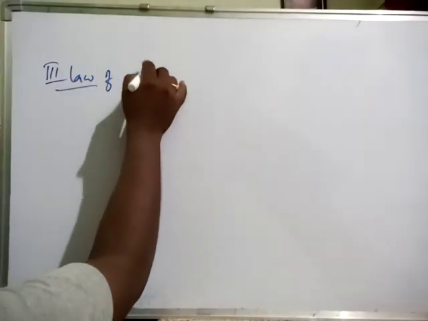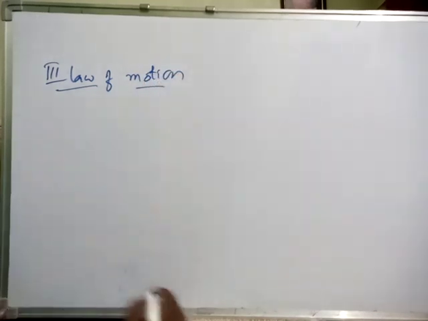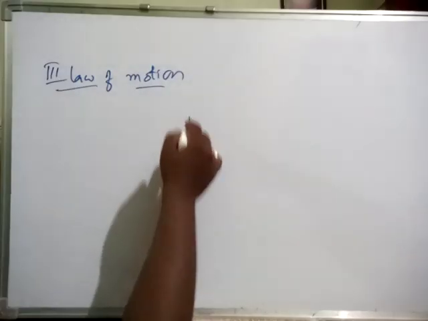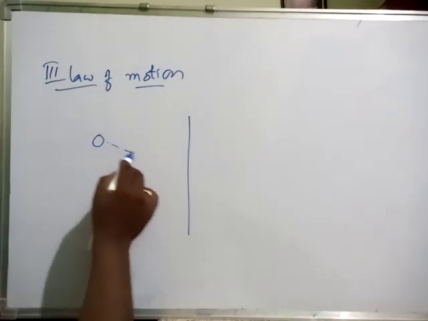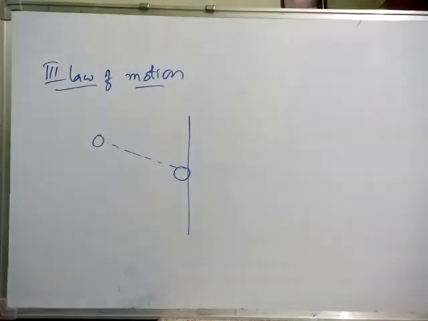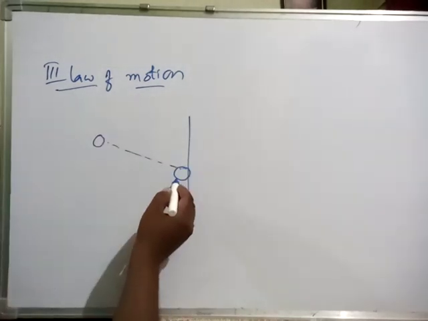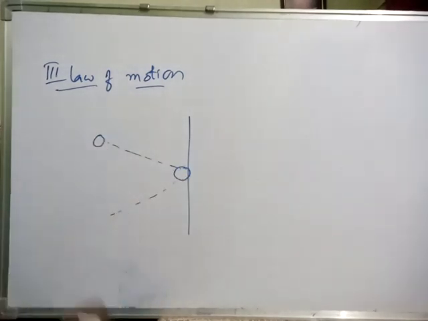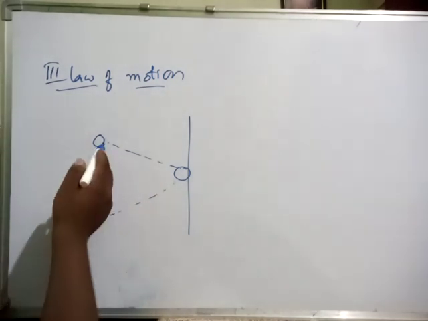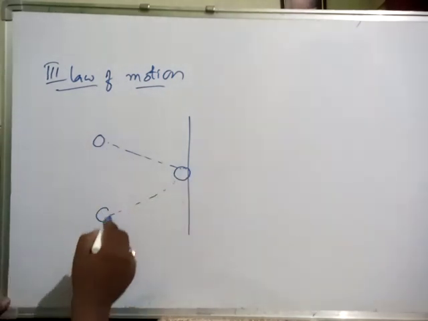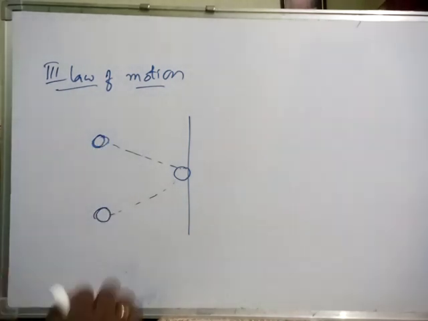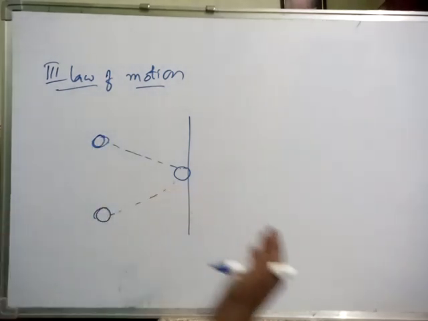Children, Newton's third law of motion is a common phenomenon in our daily life. Third law of motion means how much force you exert on a certain object. If you hit a wall with a ball, after striking the wall, definitely it comes back along the same path. Means it takes the same angle and it comes with the same force only. How much force you apply onto the wall, with the same force only it will be reflected.